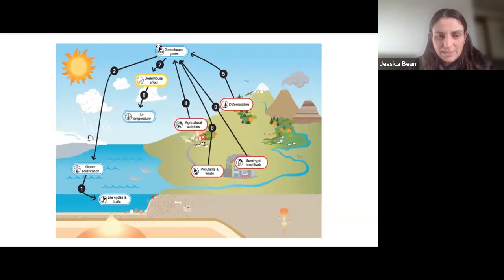But the reality too is that as we increase greenhouse gas in the atmosphere, which I'm sure all of you know, we are also increasing our average global temperatures, which is also increasing the temperature of our oceans. And so really these organisms that I study are experiencing a double whammy, ocean acidification with ocean warming.